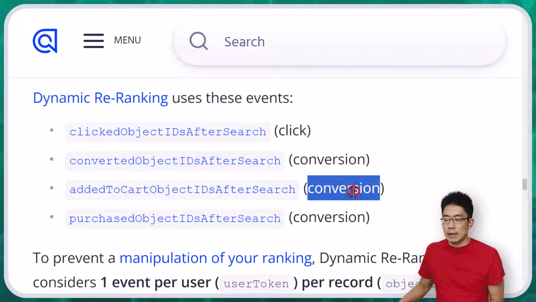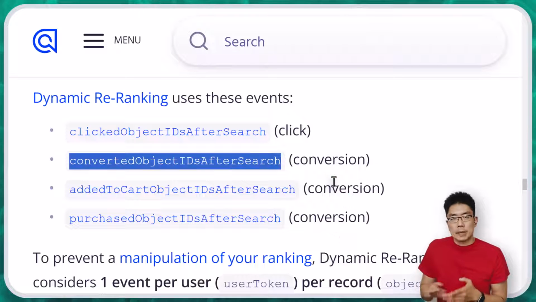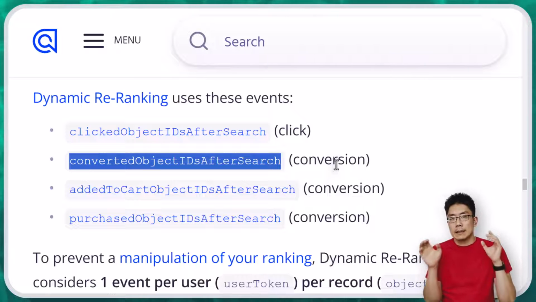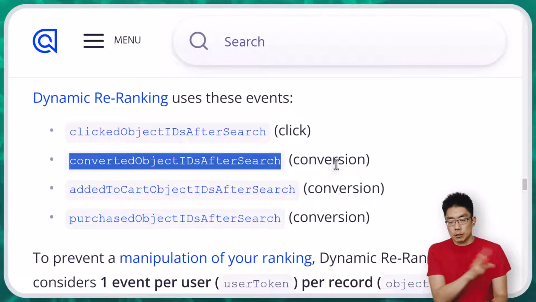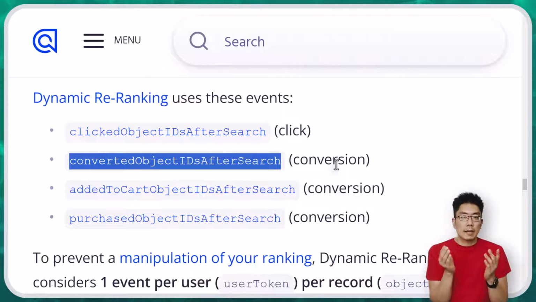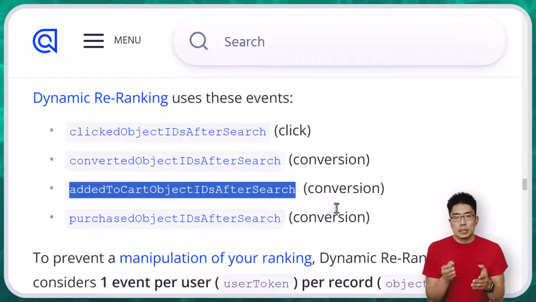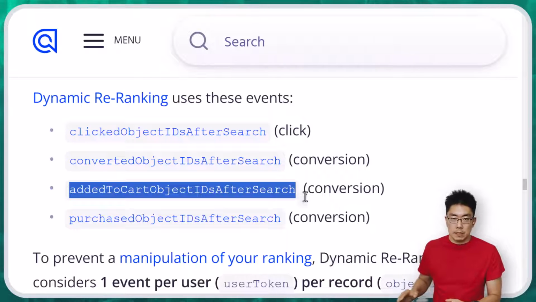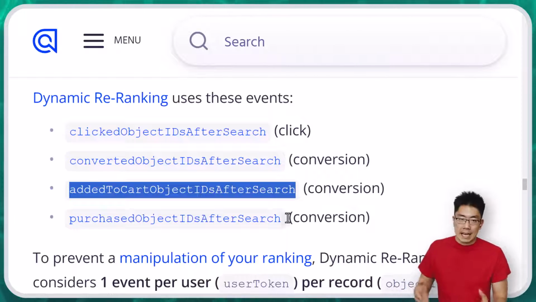The next 3 events count as conversions. There's something called converted object IDs after search. A converted object IDs after search is if they land on your product page after they search for a phrase, and then maybe they click on product preview or they click on add to wish list. Those are probably conversion events. If the teacher adds your product to the cart after landing on your product page from doing a search, that sends an event to the TPT search engine called added to cart object ID after search, and that counts as a conversion.